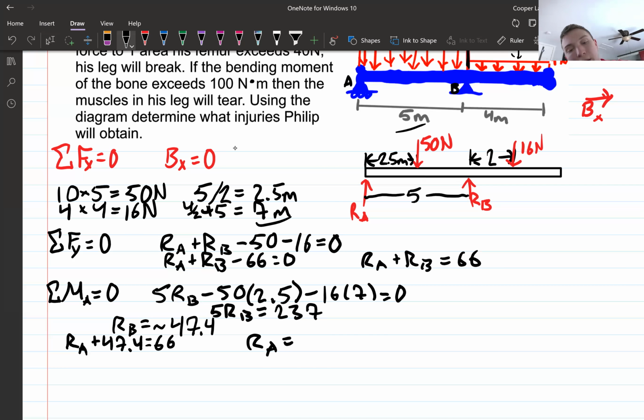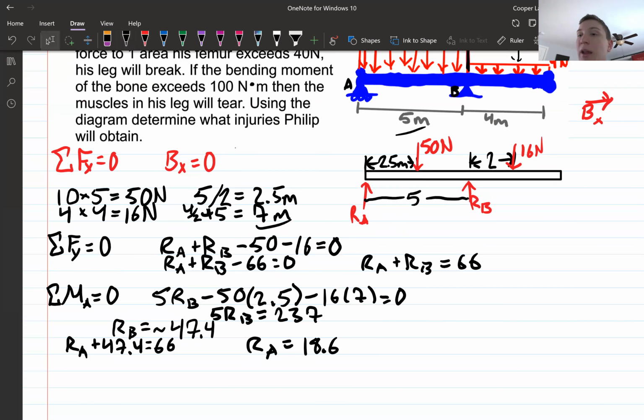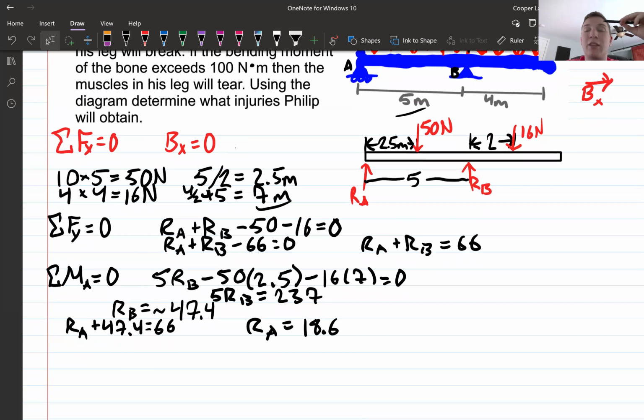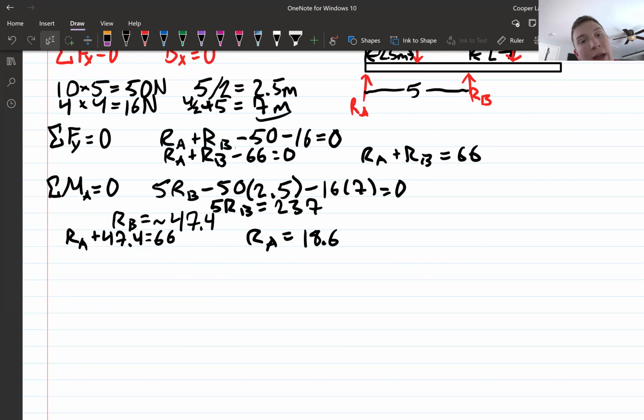So now I'm going to be moving on and trying to solve my shear force. Now there's multiple ways of doing shear force. You have one way that takes a while, and then you have the faster way. So I'm going to be doing the faster way to solve them. Now the point at R_A is creating a force from a singular point, which means it's going to jump by the force that's created there. So that tells me that when I go to create my shear force graph,